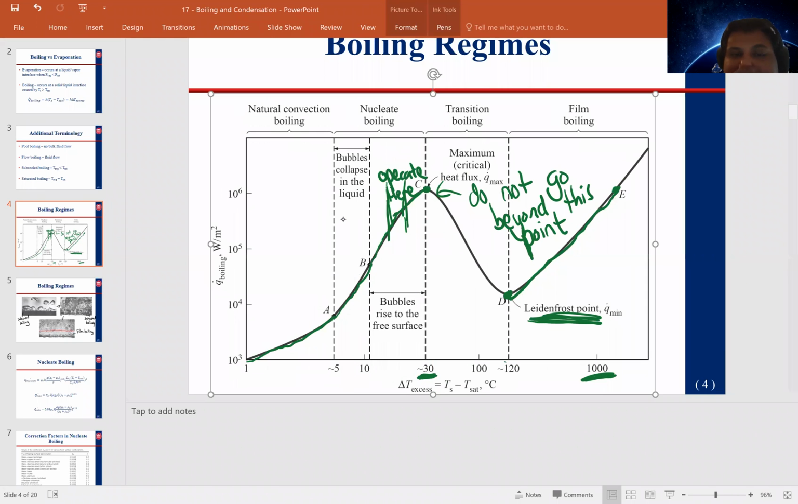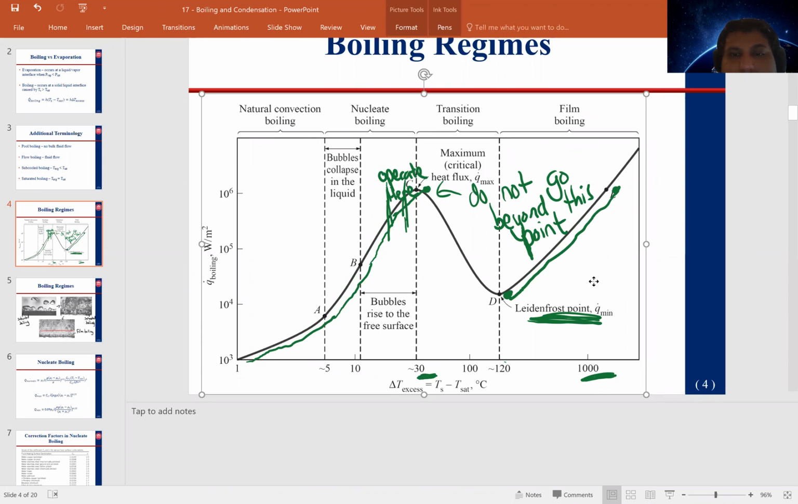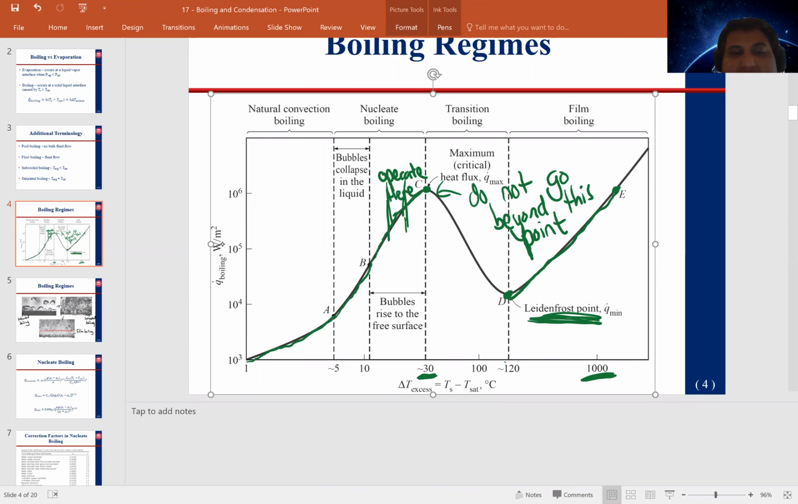Now I get to play with this. You have to consider the heat flux. So the heat flux is increasing, right? But you'll notice it's increasing by orders of magnitude, right? So we're at,